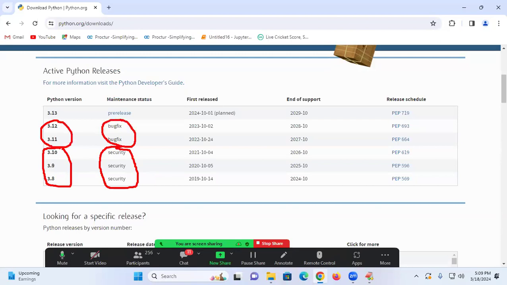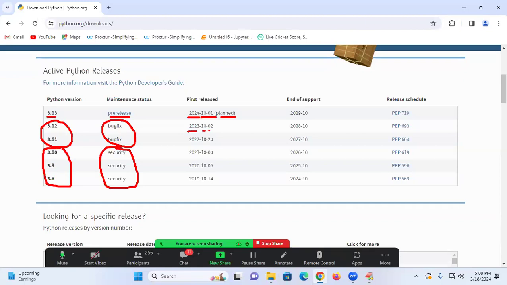Bug fixing stage. Still it is under the documentation stage. What you speak in the industry, it should have the official website. As it is, you need to learn. If somebody says something, don't believe them. I don't believe anybody unless and until they show some practical awareness. And 3.13, my dear students, come on. Pre-release. It is also called a future release. I said to you, 2024, October, first planned.